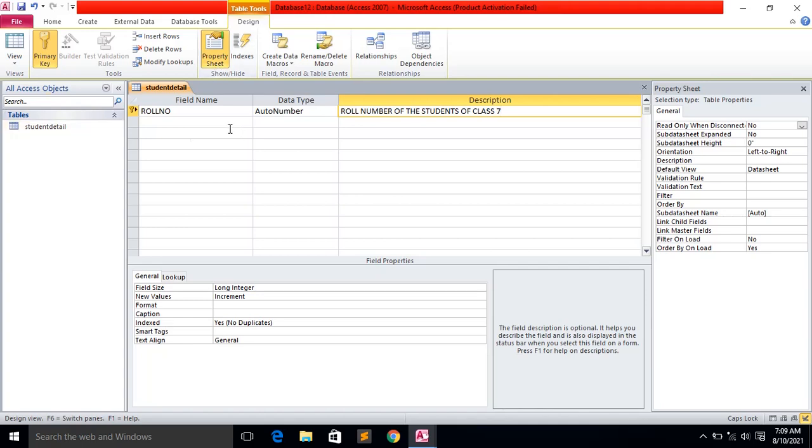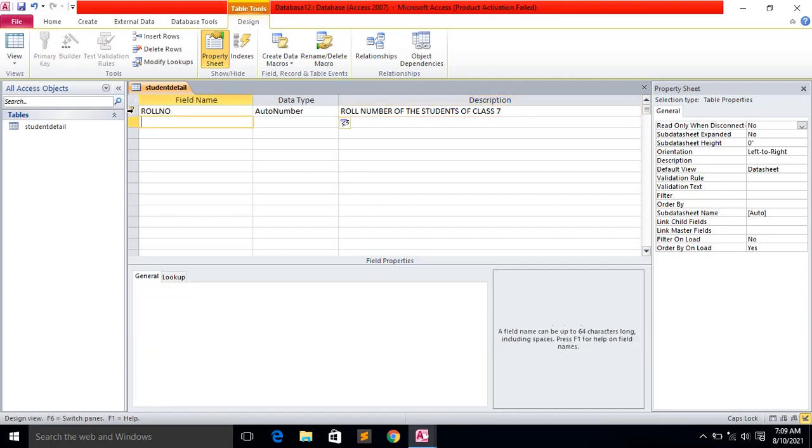Like that you can describe. It is not mandatory, it is optional. Now next is this key. I will explain it to you later. This key has some unique meaning, so I will explain it later.